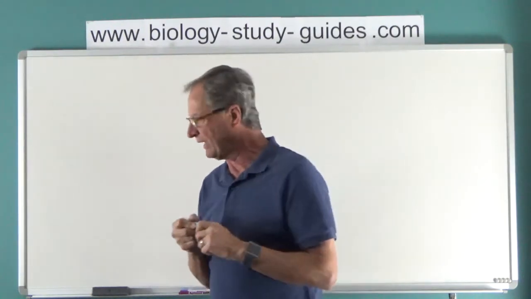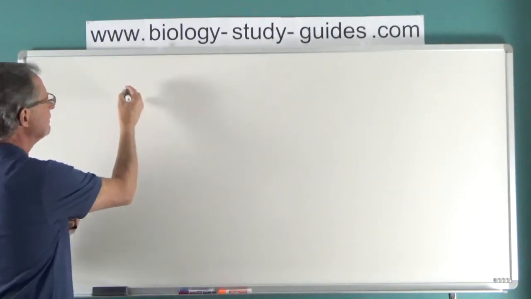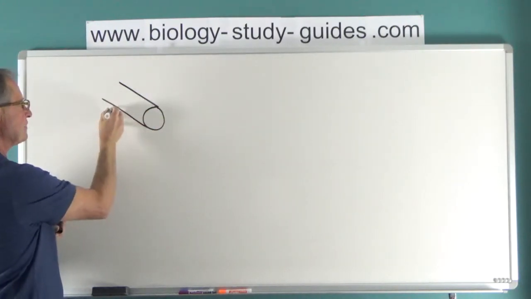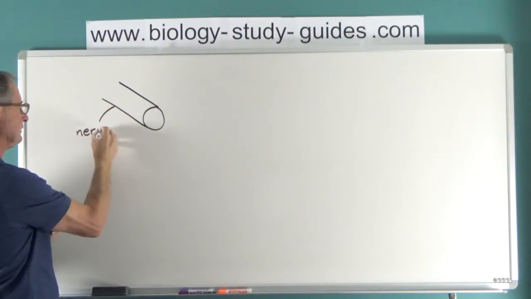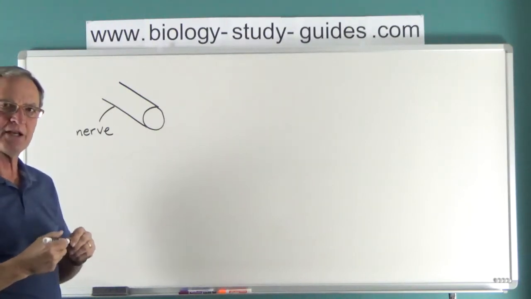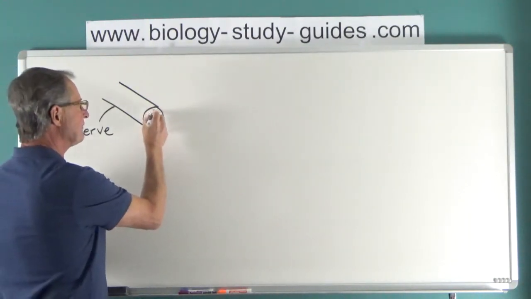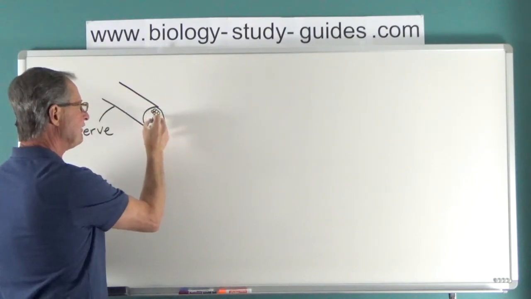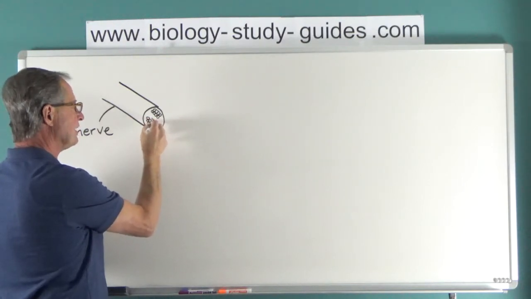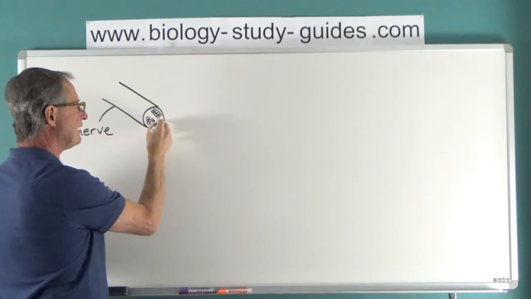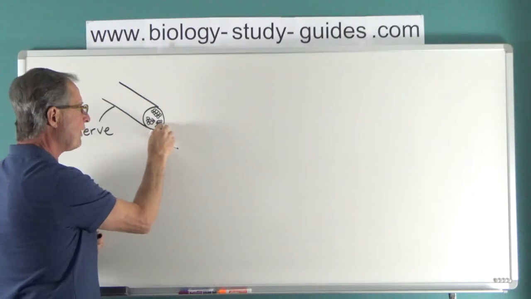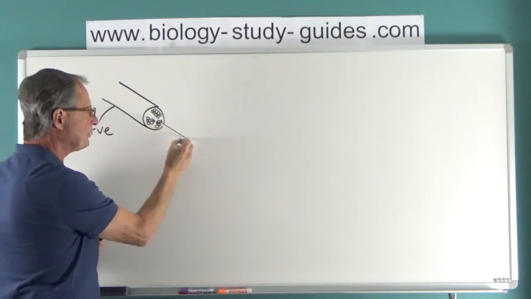Let me show you it this way. If this diagram represents a nerve, within that nerve are many neurons, many nerve cells, and let me represent them this way. If each one of these is the cross-section of a nerve cell, and there's clusters of cells in between those nerve cells, but now let me show you, if I take one of these nerve cells and pull it out